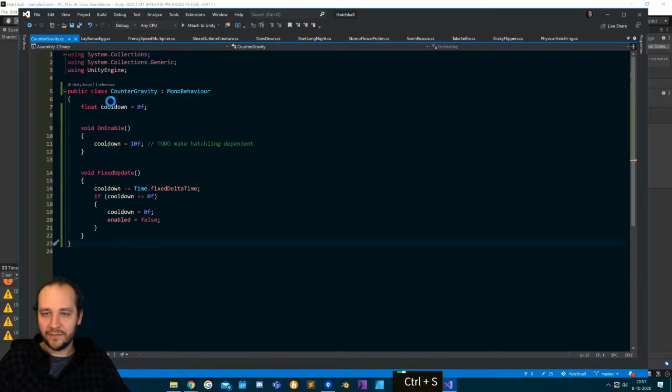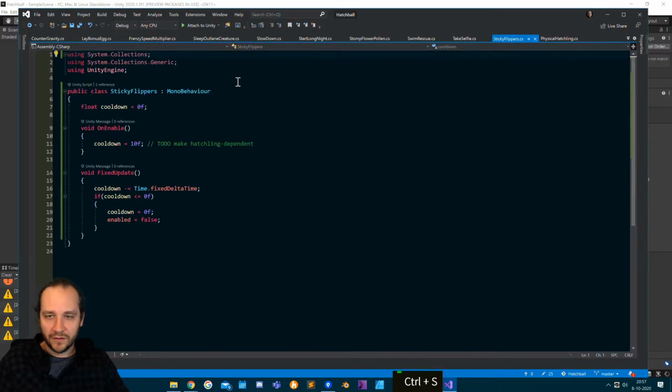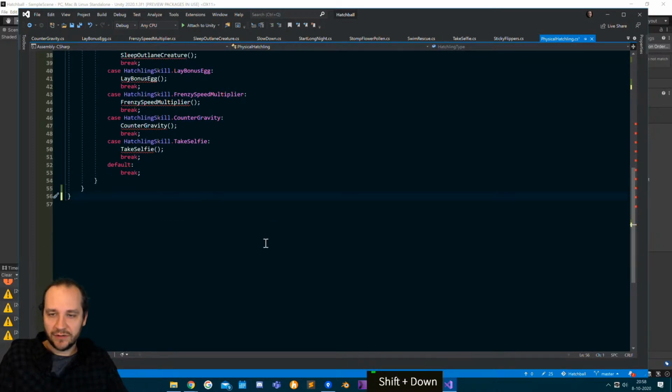And counter gravity. All right, so that should be that. What was different here? System. I don't need that anymore. All right, so blah blah blah. Let's do sticky flippers here. Could I make it even easier? I don't think so. The skill updates are going. This is bullshit. There we go. Okay, so